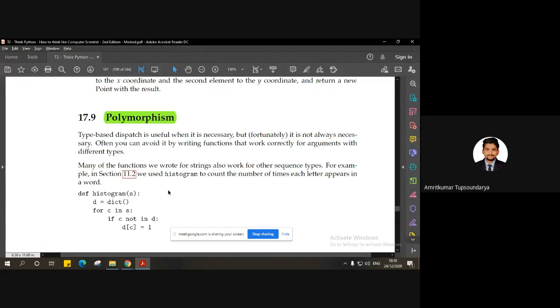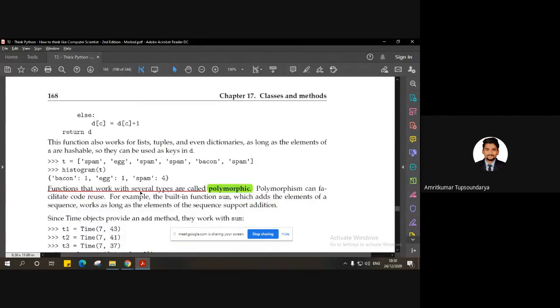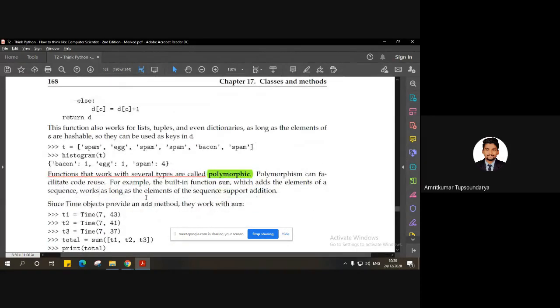So let me first define that with respect to a function: when a function works with several types, it is called polymorphic. Right? That is nothing but a particular function that is trying to work with several types. So that is polymorphic.